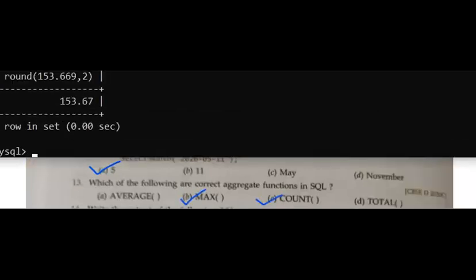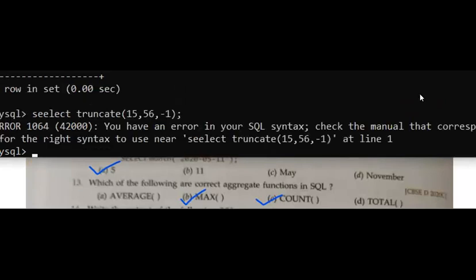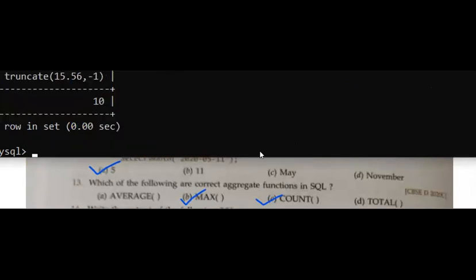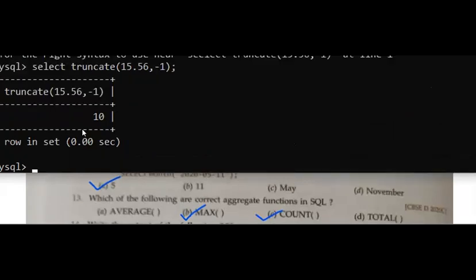See, still you are not clear with the truncate function. If you use select truncate of 15.656 whatever it is and -1. So what this -1 will do, one second, I was supposed to use the dot here. Now see what you have to understand.